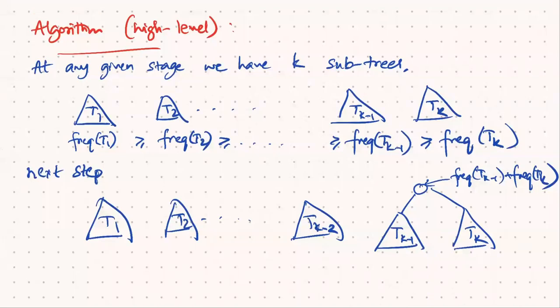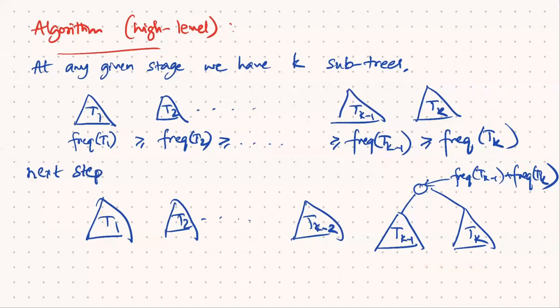So if we have to implement this algorithm, what would we need? Okay, recall the algorithm. At any stage, we have some k subtrees. We want them to be ordered in decreasing frequencies, right? And then at each step, we pick the two subtrees which have the least frequencies, and we join them like this. We create a new node, make them the left and right child,